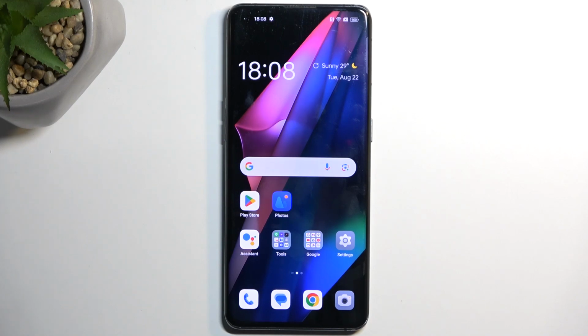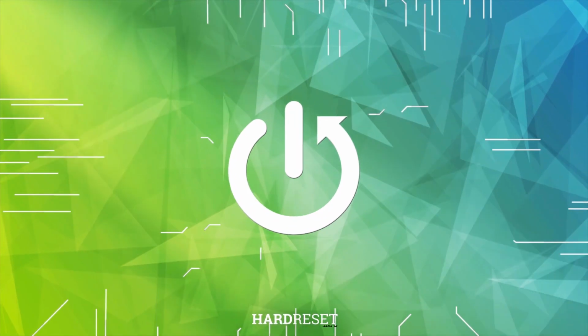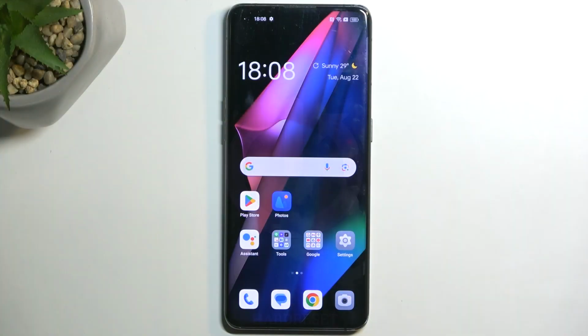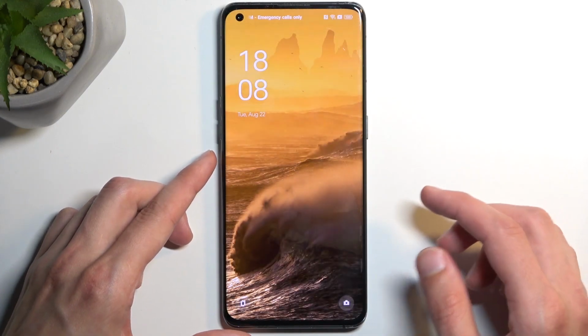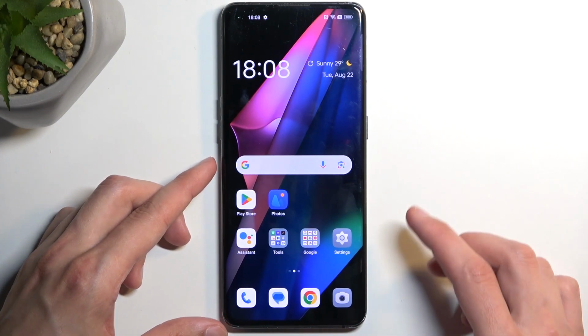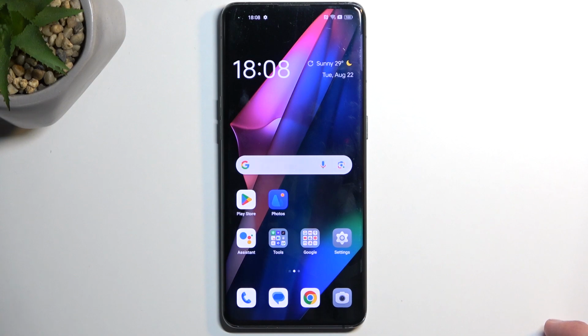Welcome. In front of me is an Oppo Find X3 Pro, and today I'll show you how you can hard reset this device through recovery mode. With that being said, this process will also remove screen locks. So if you have one set that you just don't know, it will get rid of it,